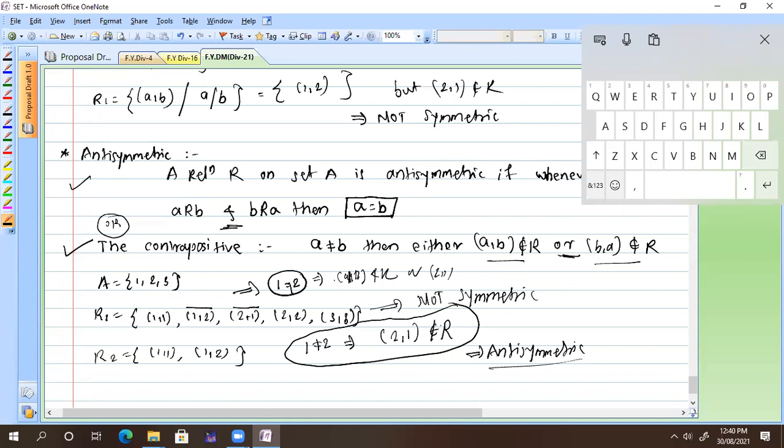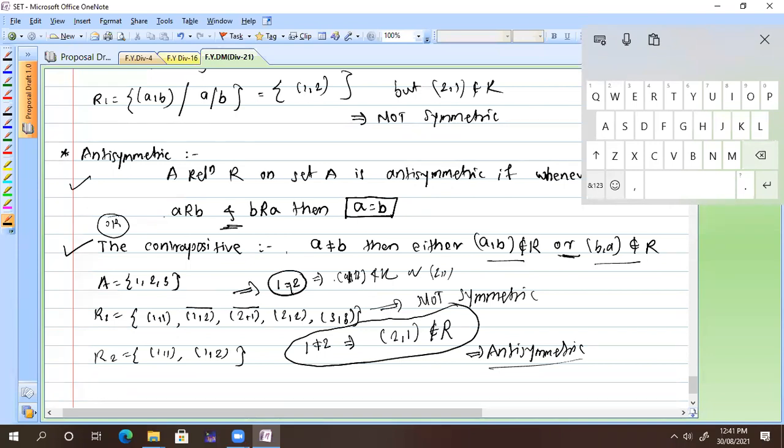Got it? Yes. Means anyone. If it is there, no problem. But what I want is not there. I'm interested in not there. So, sir, either one should satisfy the condition. Yes, either one should satisfy the condition. That's why here 'or' is there, and in the other definition 'and' is there.